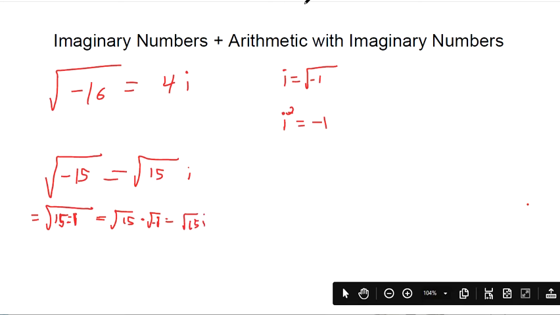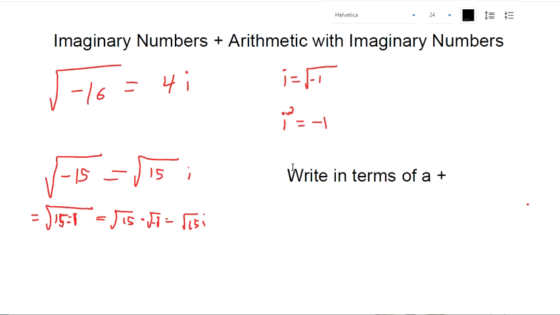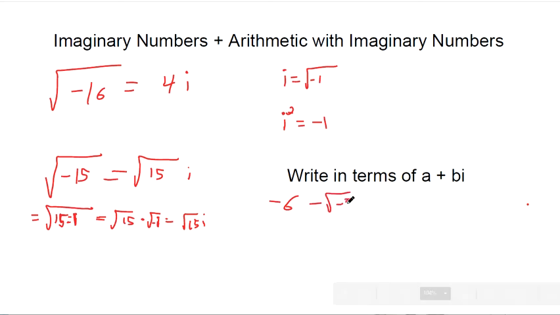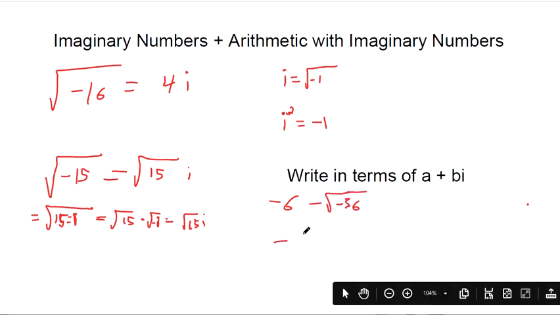Okay, so if you have to write something in terms of a plus bi, this is like standard form for a complex number, okay? For a number with imaginary parts. So if we have -6 minus the square root of -36, we can first evaluate this. The square root of 36 we know is 6. So the square root of -36 is -6i. And look, that's your b, and that's your i. It's already in that form. But if we have something like this,